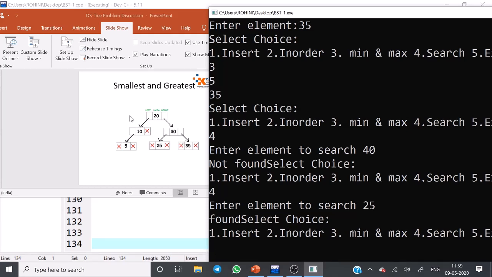So it avoids searching the left subtree, which drastically reduces the running time. In the best case, the running time for searching an element is order of 1. In the average case, the searching time is logarithmic. In the worst case, the running time will be order of n, because if the tree is left skewed, n comparisons are needed to find the element in the list.